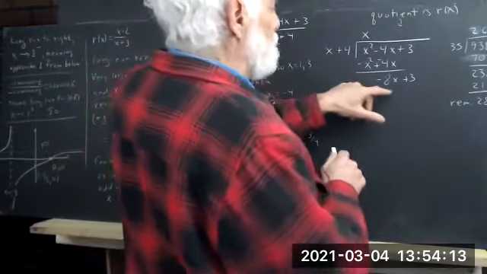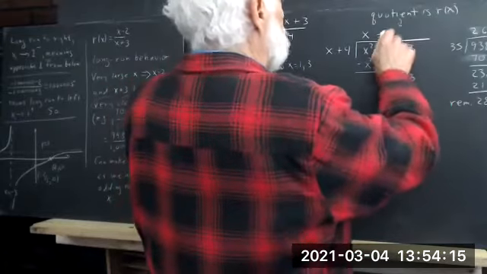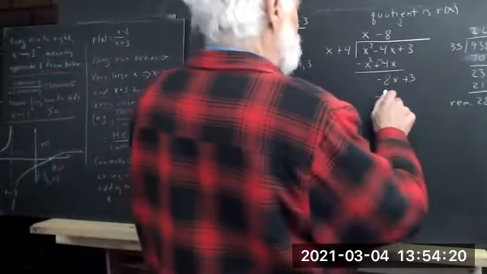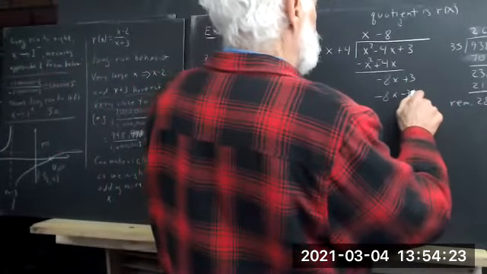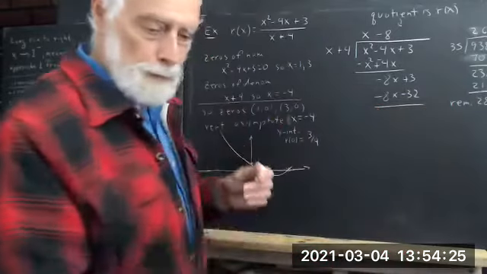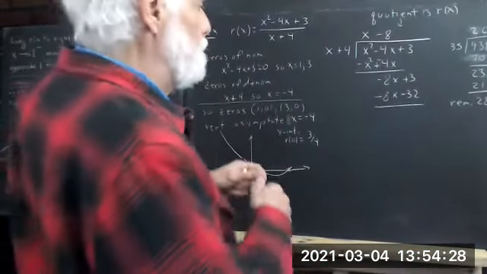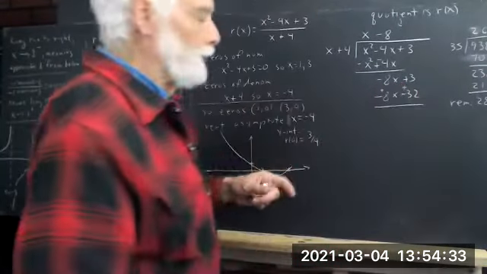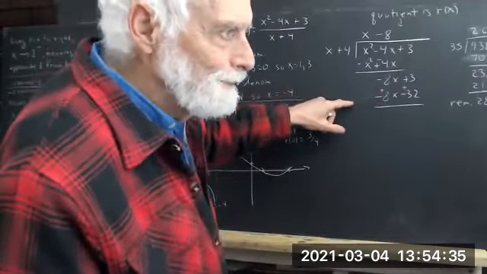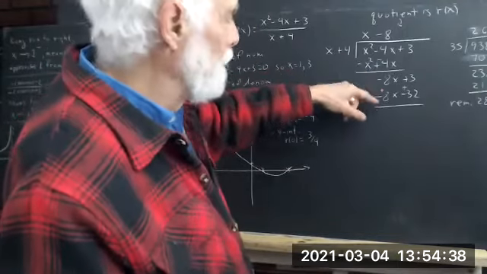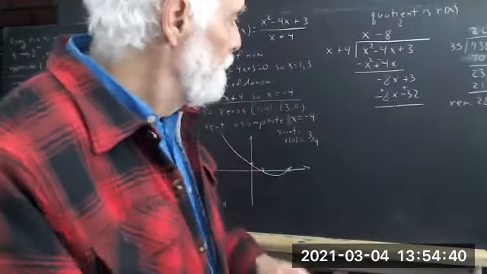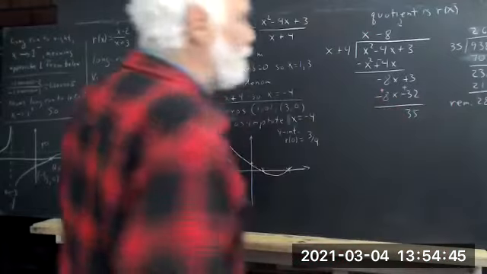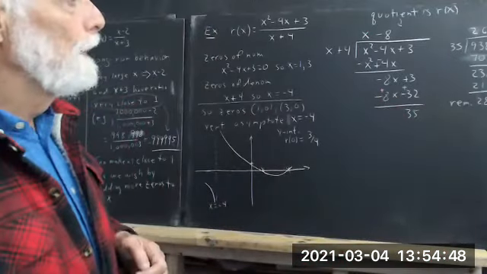We divide the x into the negative 8x, and we get negative 8. And we then multiply that here. We get negative 8x minus 32. We put a little change of sign here, since we want to subtract this from this. It's the same as adding a negative. And we get 45. Okay, now